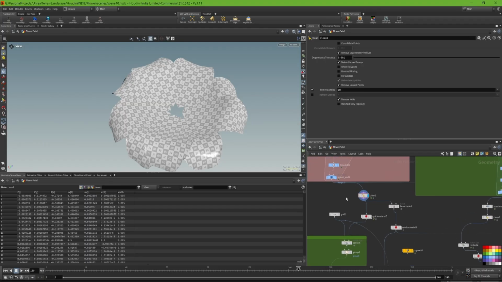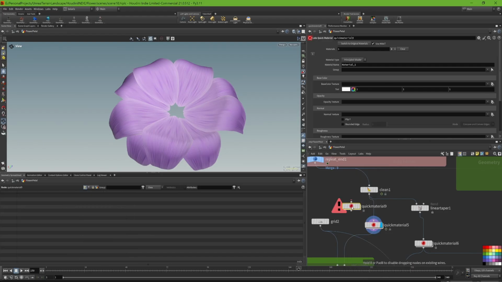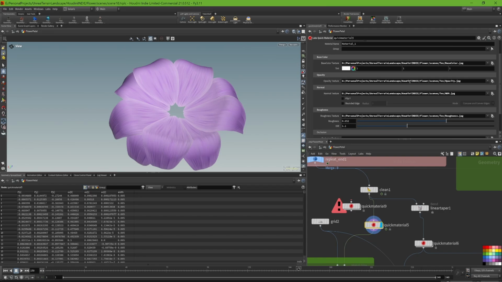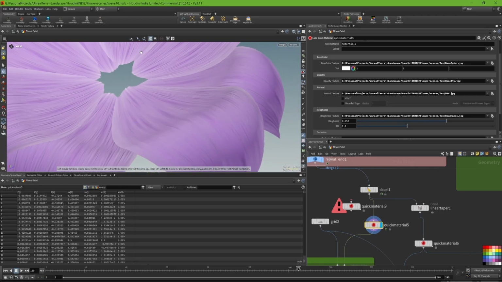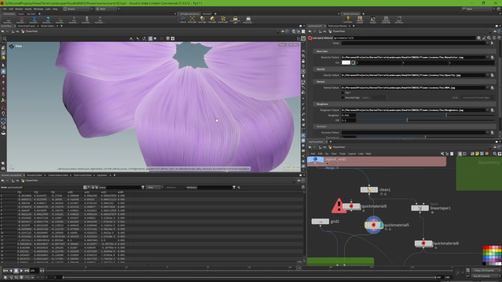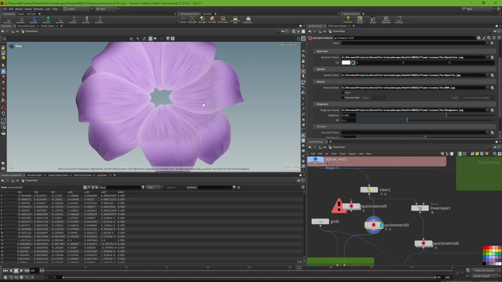With our petal model shapes in the correct position, we then move on to just applying a material. So I just drop down a Labs quick material node in my case. This way I can just slap on the JPEG textures that I gathered from the previous COPs setup for each petal. So you can see that they look, not just with the base color, but they have normal map,